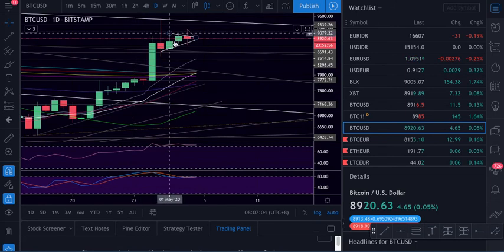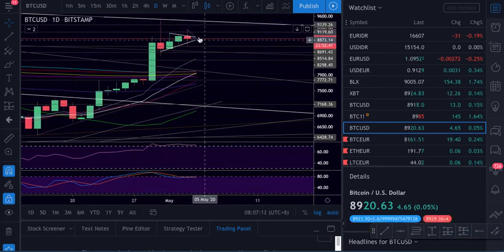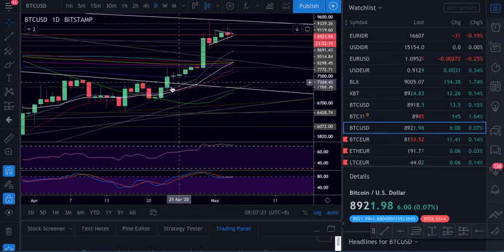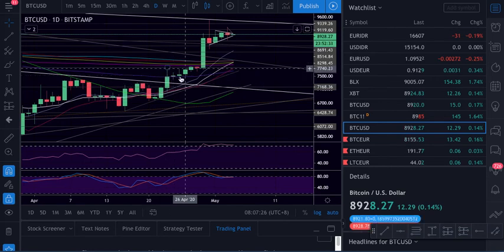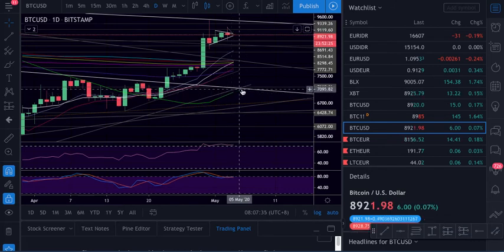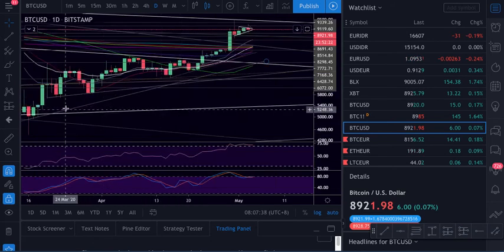So on the daily we are compressing inside this triangle. We had this big rejection here, another rejection, so let's see if we come down to test here the 21 and the 20. We still have the 50 here on this trend line, because this trend line wasn't tested. We did this short squeeze here, and then the price didn't come down to test it, so this trend line is still waiting, and it will be aligned with the 50 moving average, and with this trend line too, that comes from here. It wasn't tested yet, so it's still possible we come here and we will be consolidating until